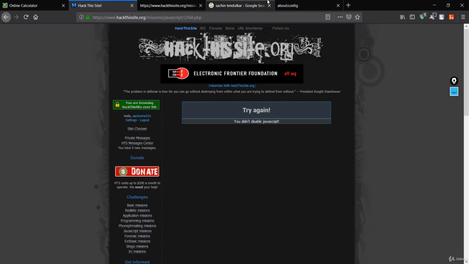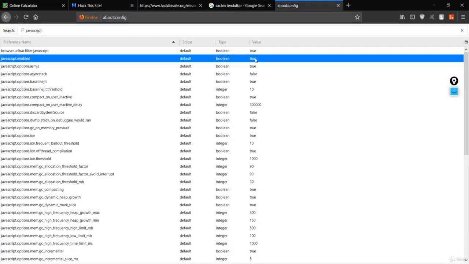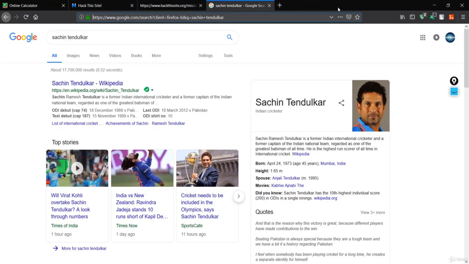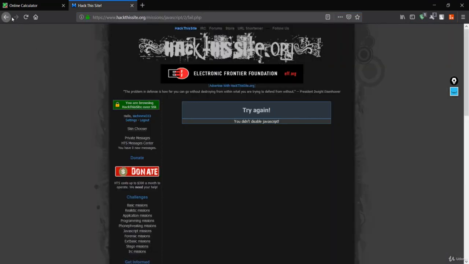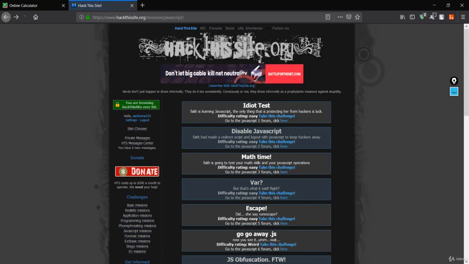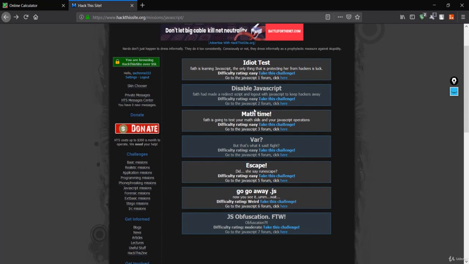But I don't want to do that, so all I'll do is just make it true. You can test it because this is a simple challenge. All you have to do is simply disable JavaScript, which is a pretty funny challenge because it doesn't make much sense, but all you have to do is know how to make use of this JavaScript setting. If you are on Chrome, you can simply search for JavaScript in the search panel in the settings, and you can toggle this value to disable. So it is a simple and funny challenge.